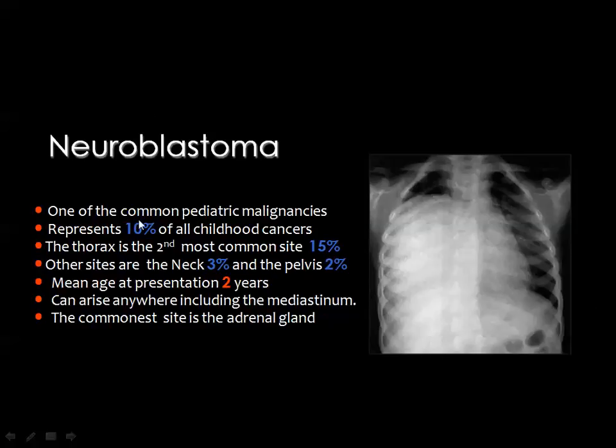Neuroblastoma represents about 10% of childhood cancer, and the thorax is considered the second most common site for neuroblastoma